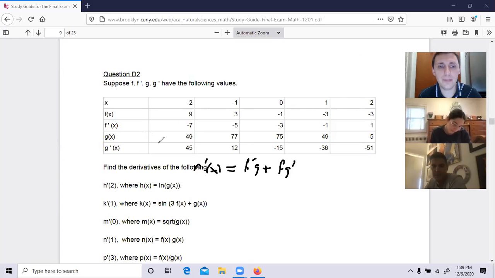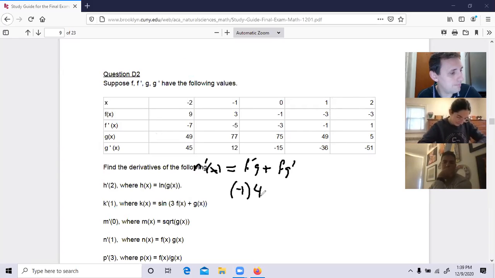So f prime of 1, I look at 1. F prime of 1 is -1. So I put a -1 here, yes? -1. And then I have g. What's g of 1? G of 1 is 49. Plus, now I have f of 1. F of 1 is -3. Correct? Multiplied by g prime of 1, which is